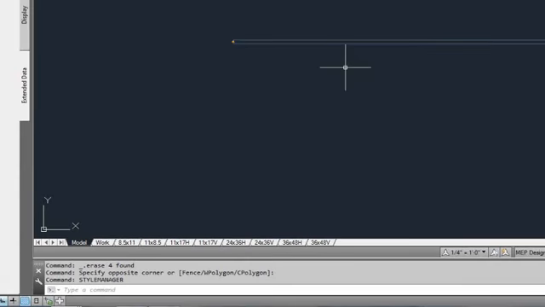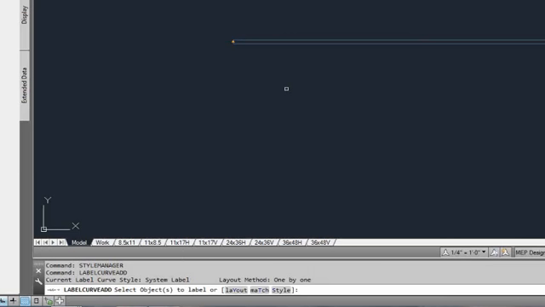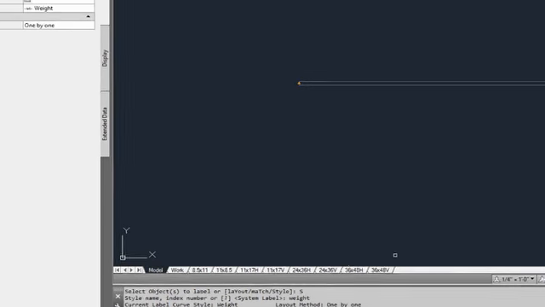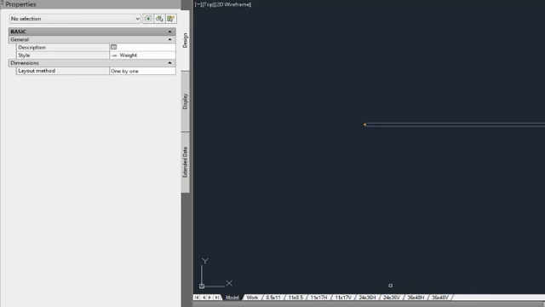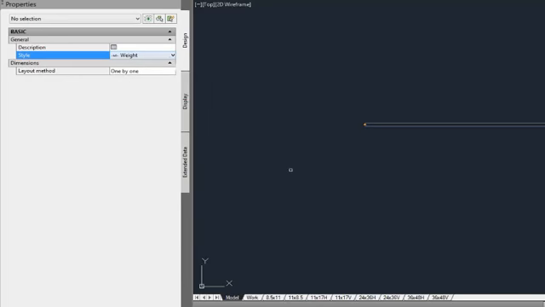Now if I go ahead to command line, type in label curve add, which is the command to insert a label, it's now going to ask me for a style, so I can choose the style, and it's going to say, okay, give it a name, and here I'm just going to type in weight, and choosing at the command line also changes it at the property palette. I could have more easily come up to the property palette and chosen weight from here. Then I just come down and I choose the pipe